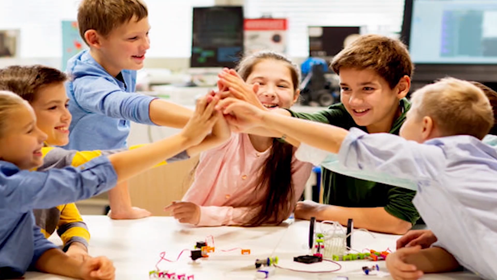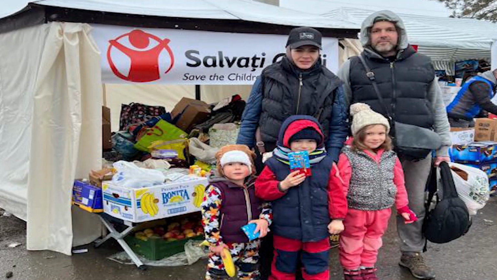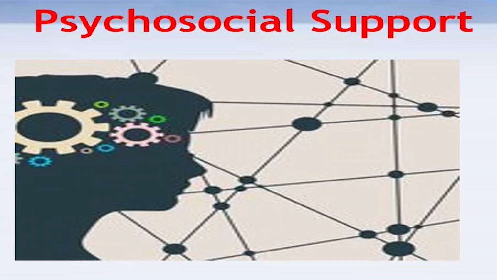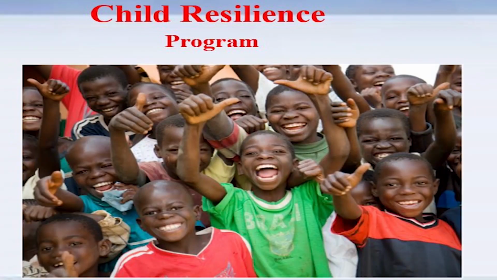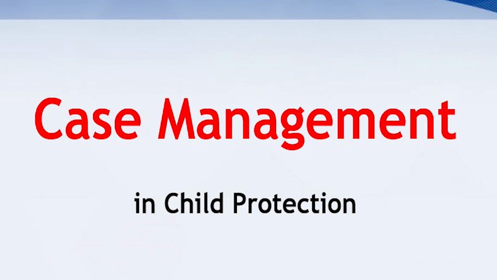In Europe, children in some countries have been receiving developmental programs that improve systems of education, health, nutrition, protection, and etc. While some other countries, such as Ukraine, need emergency programs that cover all sectors related to children in this country. Anyway, in this course, we already mentioned and explained some of these protection programs, such as Psychosocial Support Service, which is called PSS. Also, we explained Child Resilience Program, and also we explained Case Management Program.